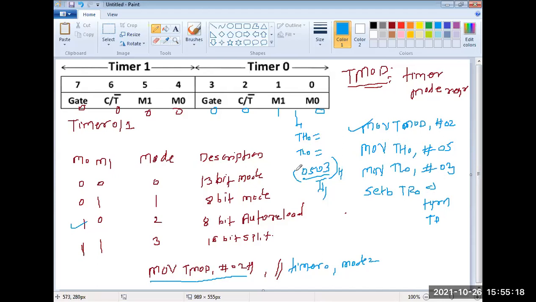What was the count value? It holds the count value. And when it comes to 0, at that time this timer 0 will raise the flag that is called TF0. This will come in the TCON SFR, we'll see that part. Once this count value 0503 is over, the count will roll from the high value to 00. And at that time I'm raising the flag. So like this, it can be used in our program. Got it?